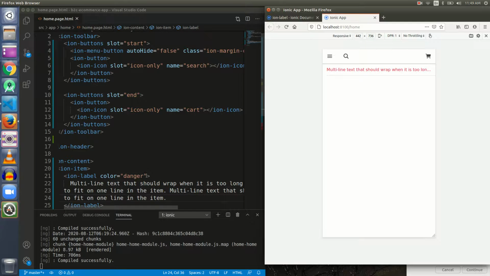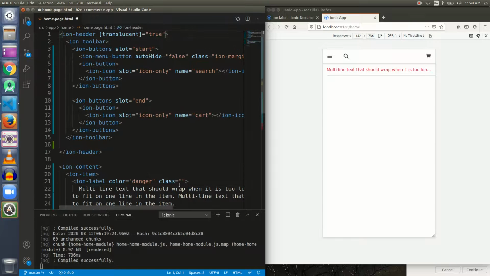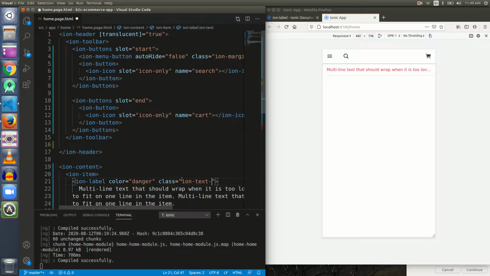To change that, we did a thing in the last video, and that was to give it a class of ion-text-wrap. Wrapping it would split the text into 4 lines, not rows.